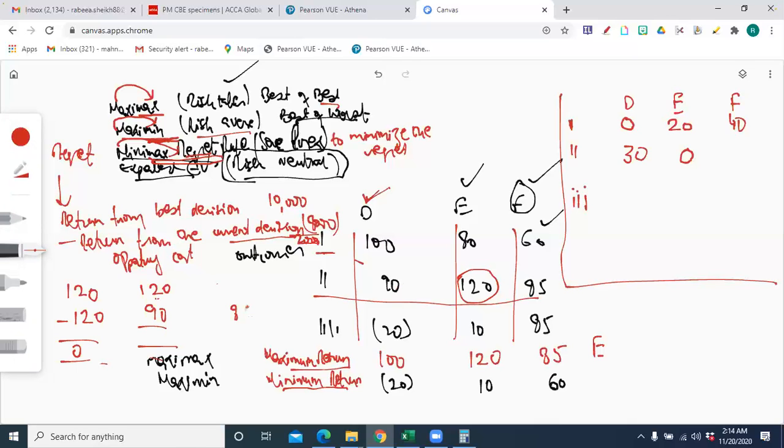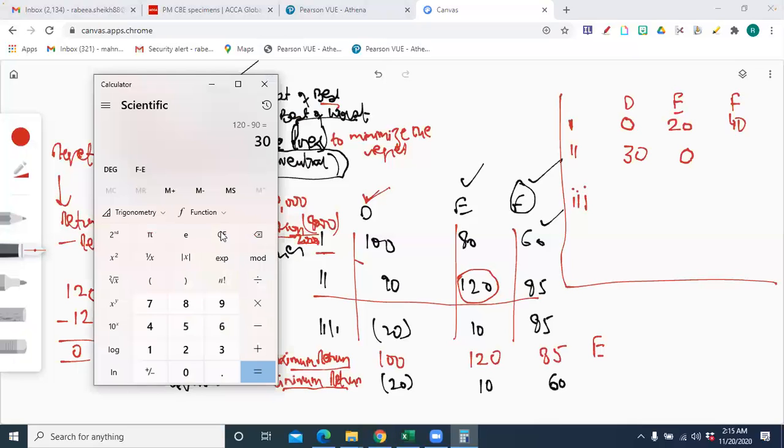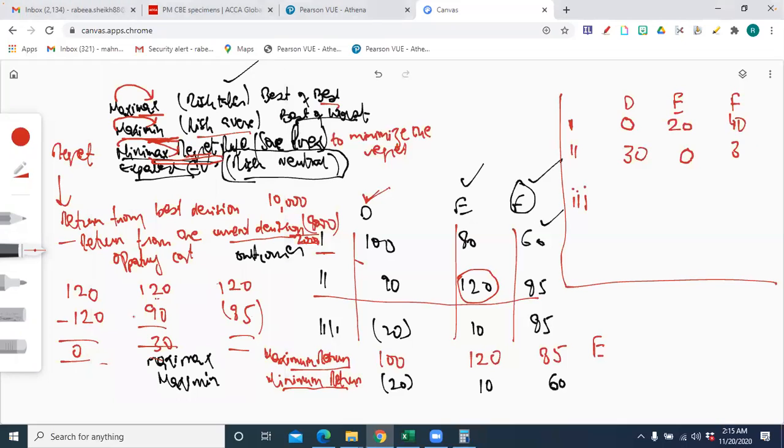But if he chose 85, however the best return was 120, what did he lose here? 35. Very good. Now you understand how to go about it? Okay. Now you can do the third line yourself. If it was scenario